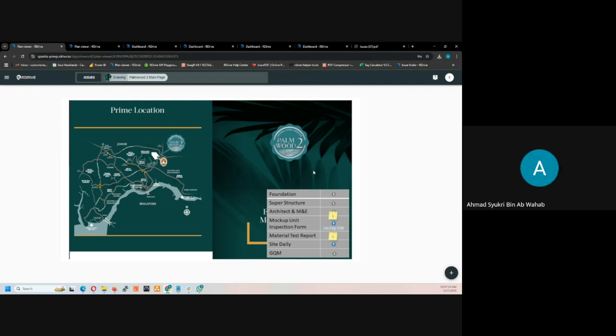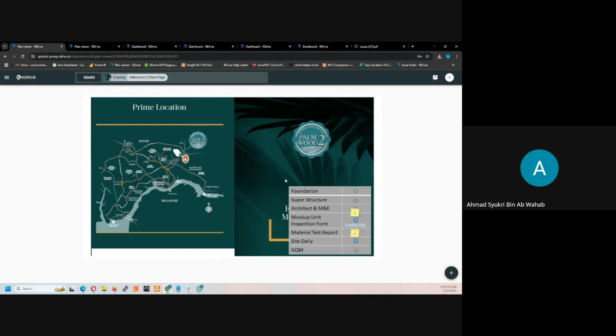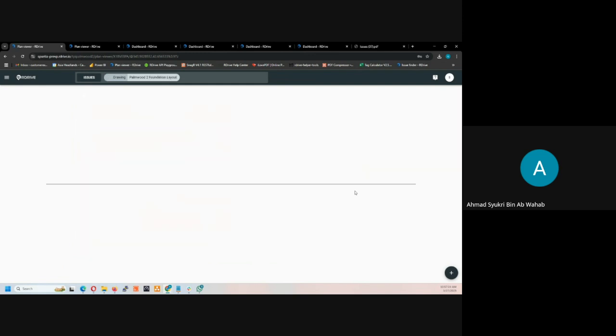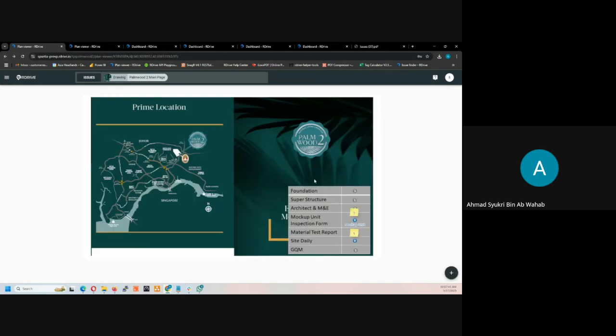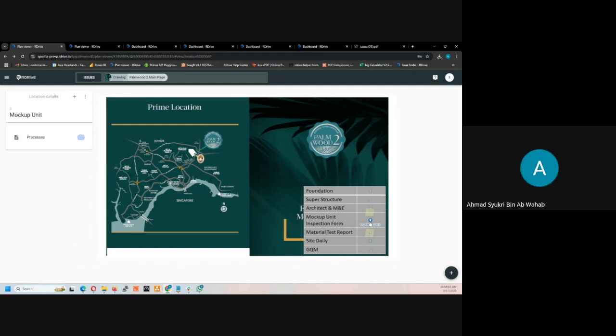Sure. Okay, so we proceed with the navigation. We see the foundation, superstructure. The gray one is a drill down, so you can go to the deeper level, and the blue color here is the location. On the location, what you see there is a sticky note. The sticky note represents the inspection, and the pin represents the issues. If you click the location like this one,